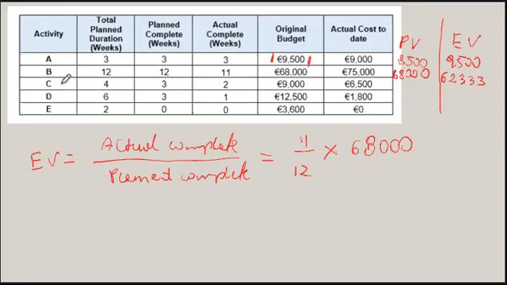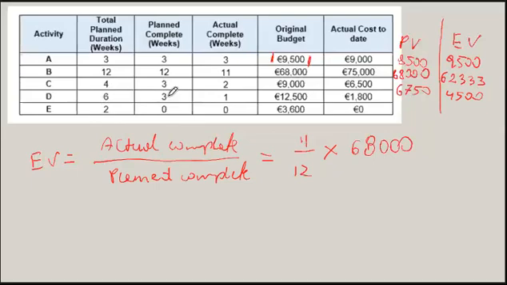For activity C, total planned 4, we planned to have 3 out of 4 of those weeks completed, so 75%. 75% of 9,000 is 6,750. But we only completed 2 out of those 4 weeks, so we only actually got 4,500. For activity D, we have 6 total weeks,